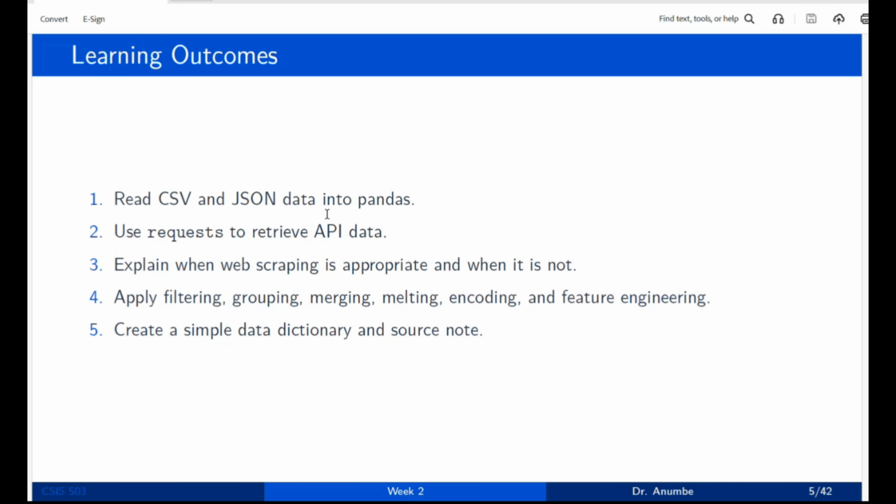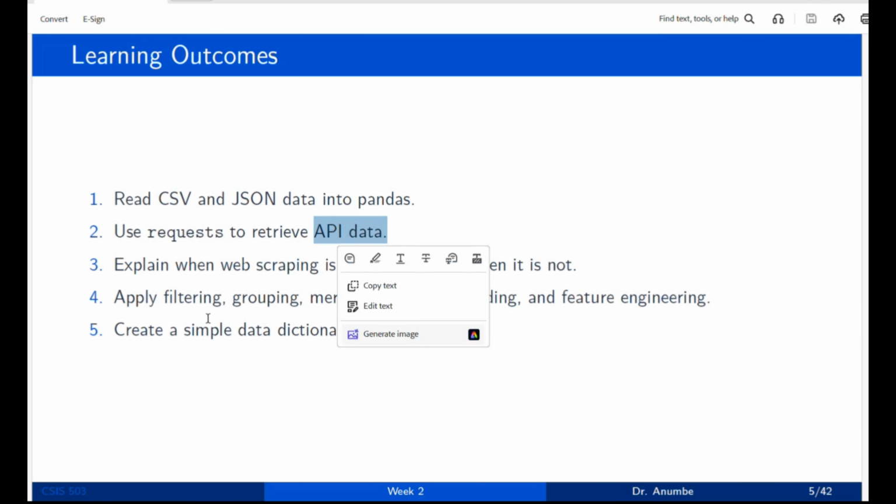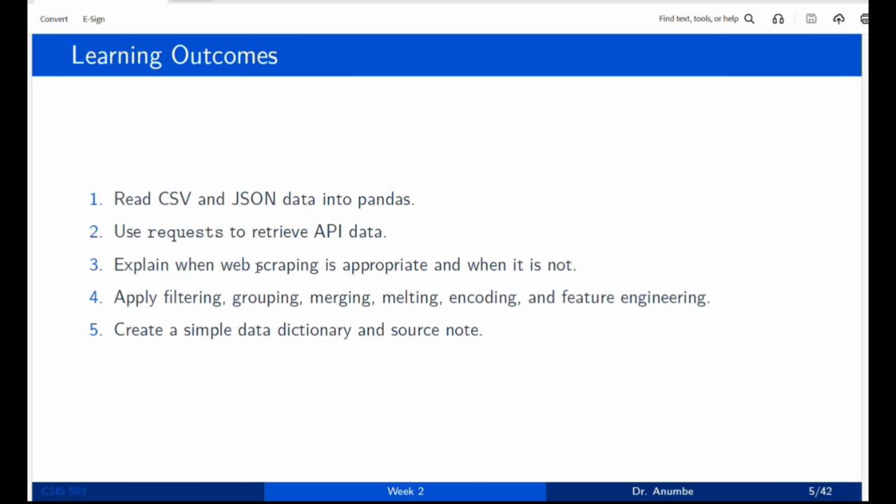It wasn't specifically CSV and JSON, but we were reading some data into Pandas. Today we're going to see how to read CSV and JSON data into Pandas. One of the outcomes will also be how to use requests to retrieve API data, and then we want to explain when data scraping is appropriate and when it is not,